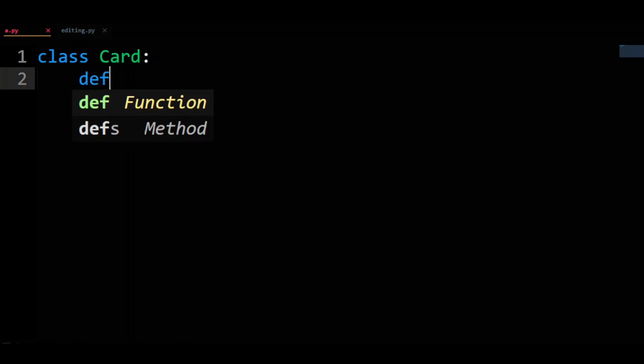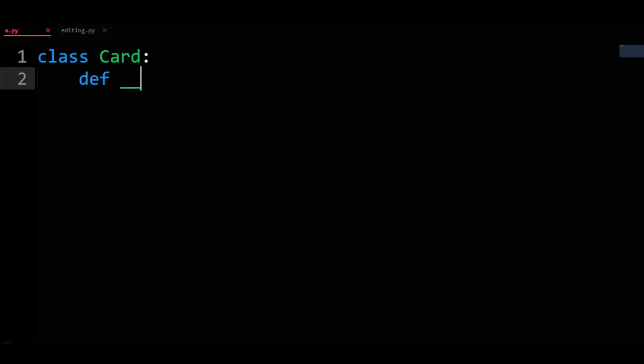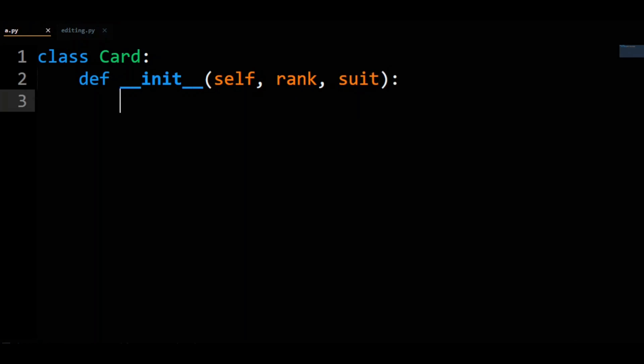We're talking about objects, so let's give ourselves a class. Let's say we have a Card class to represent a playing card. So, class Card. We will define an init method, def __init__(self, rank, suit), where rank is ace through king and suit is like club or spade. Inside we'll do the normal line to initialize a new object.